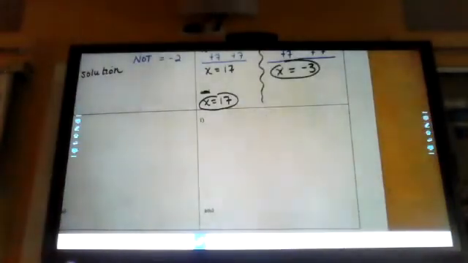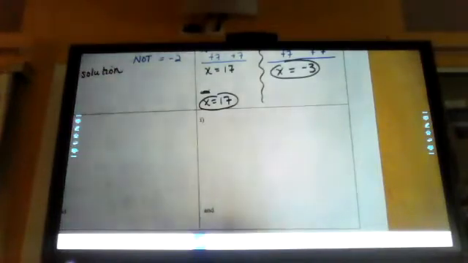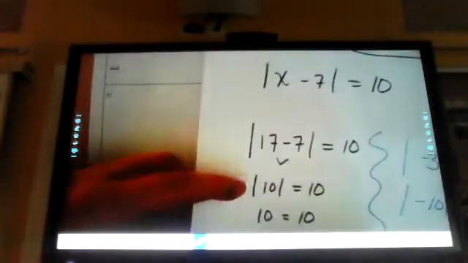Okay, so here's what you're going to need to do. We're going to challenge you to do these next two. I will help you set up the positive and negative case for part C. But then you're going to get to try to figure them out for yourself. So part